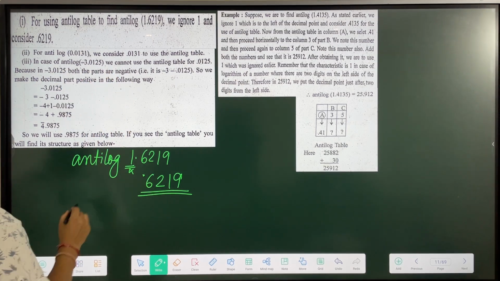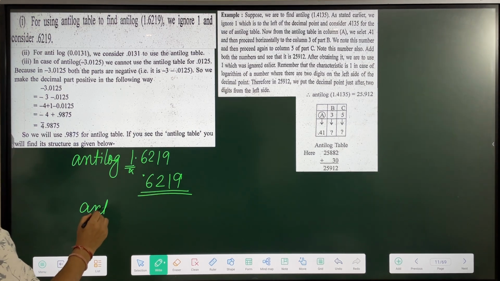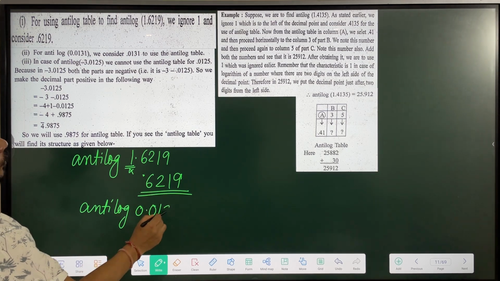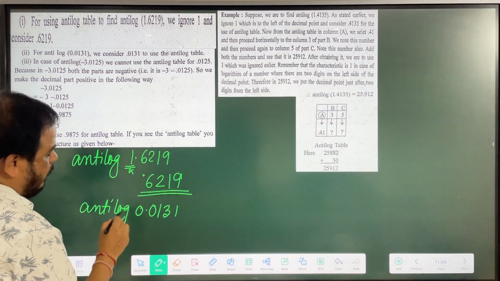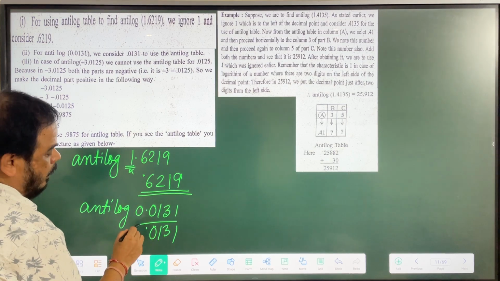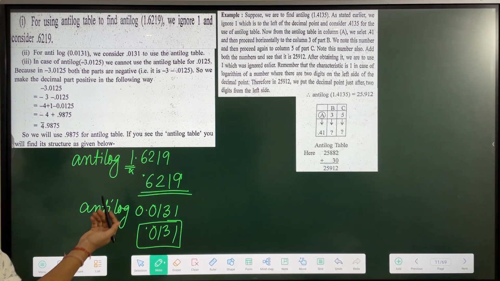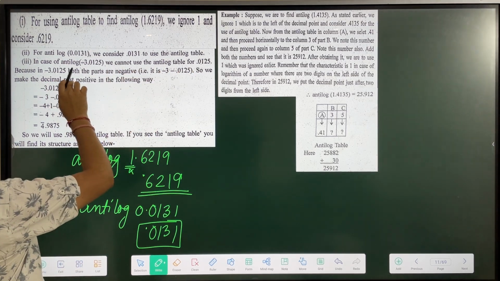Another one is given, for antilog of 0.0131. We will take this number only. Here the characteristic is 0 only, no problem. For 0.0131 we can use the antilog table. But in case of antilog of minus